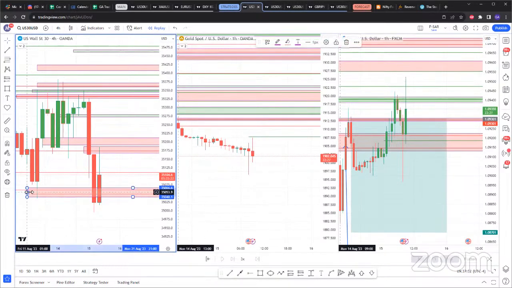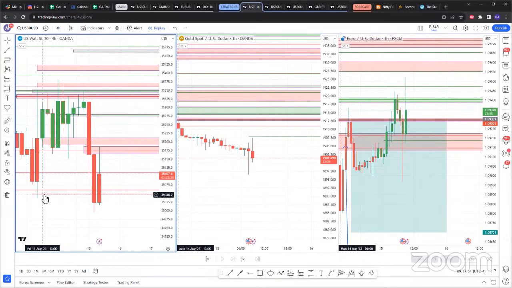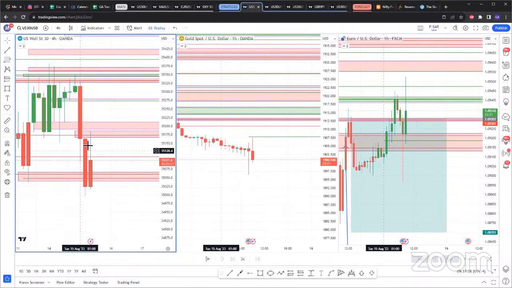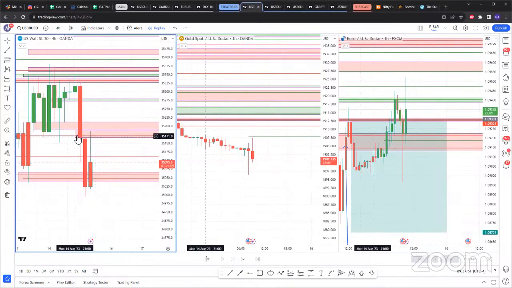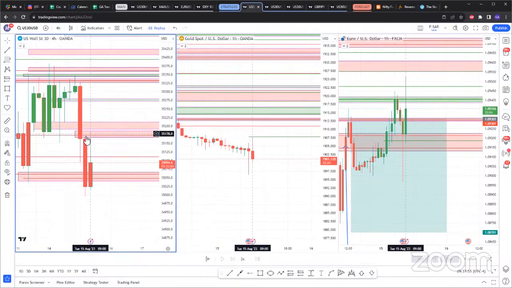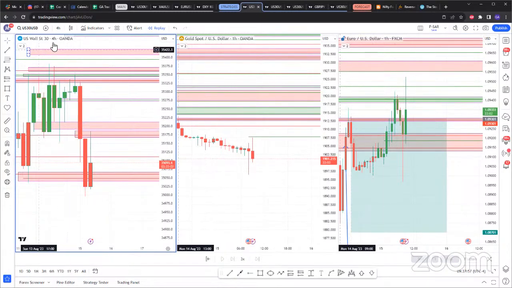If I take this one here, you can see on the 4-hour we have a double SAR. And look at what just happened. This candle just closed below that 4-hour SAR. So we need this next 4-hour candle to close below that in order to continue for a sell. Now you can see these two regions right here on the 4-hour time frame, and they don't have any double. But if we go on the 1-hour time frame,